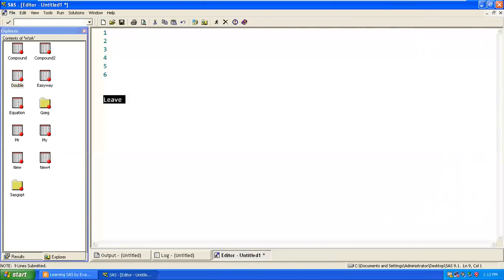When you use this keyword called leave, what will happen? Let's say this is a variable called ID. If ID equal to 3, then leave. So what will happen? You will get observations only 1, 2.